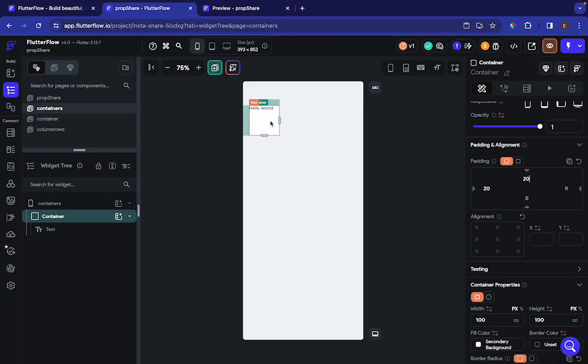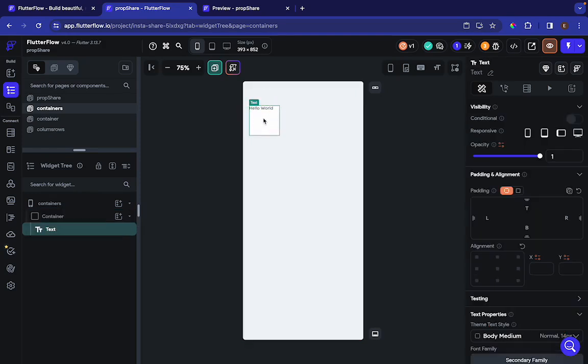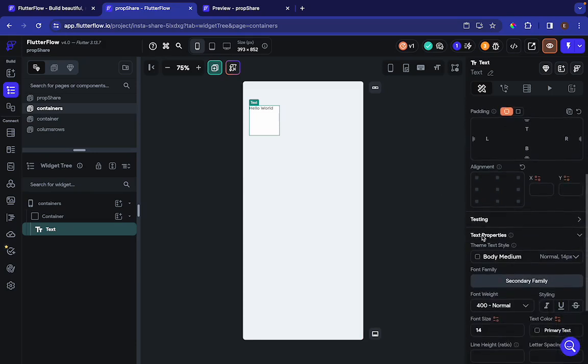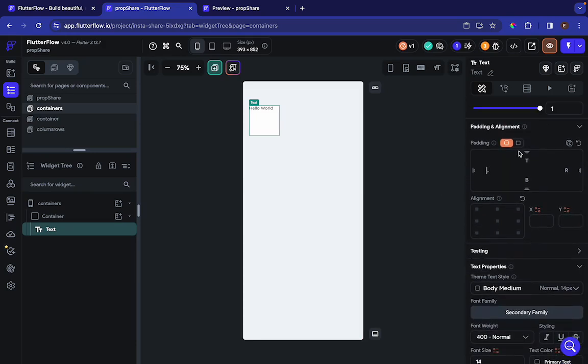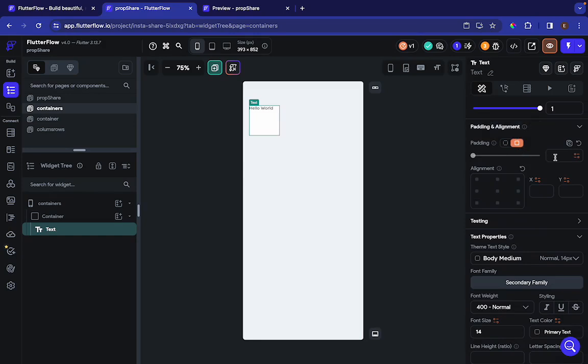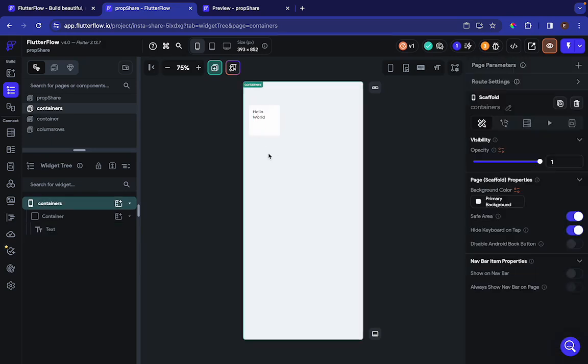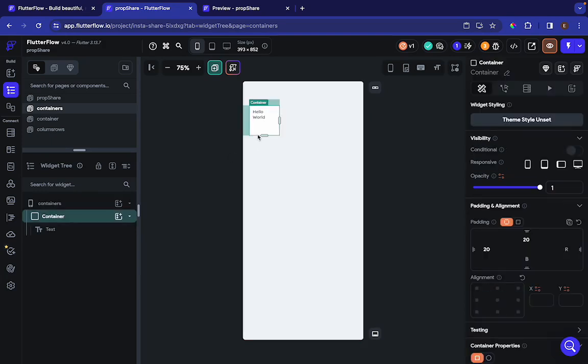Right? But you'll be using the child. So if I press on the child and let's say we give it a uniform padding of 12, now the child has actually moved away from the edges of the container and it's nicely centered in the middle. Remember that a container is actually a single child widget, so it cannot contain more than